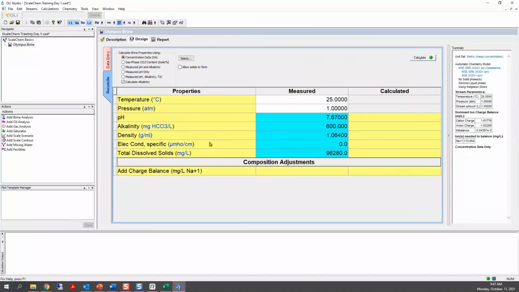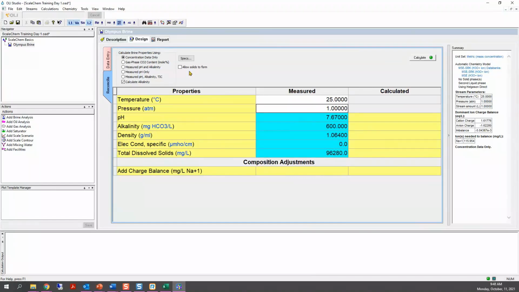If you have these values, you need to enter them. Now, this is an important one as well. At which temperature and pressure were the measured properties measured? Was it at 25 degrees C and 1 atmosphere? Was it at 30? Was it at 40? If the temperature changes are not that big, probably it will not be a problem. But if, let's say, it was 60 or 70, maybe you need to find out what the conditions were. So it's important to know the measured conditions of these properties.